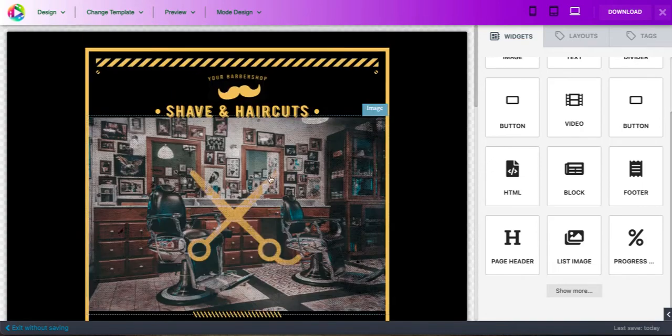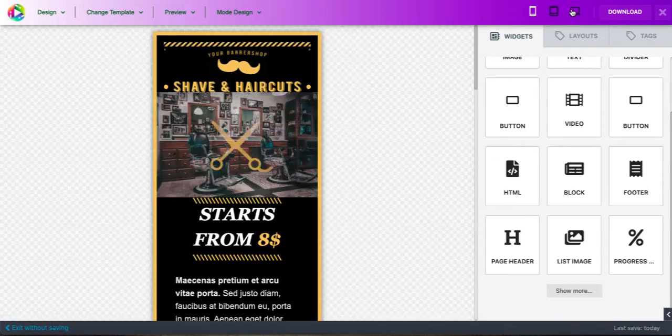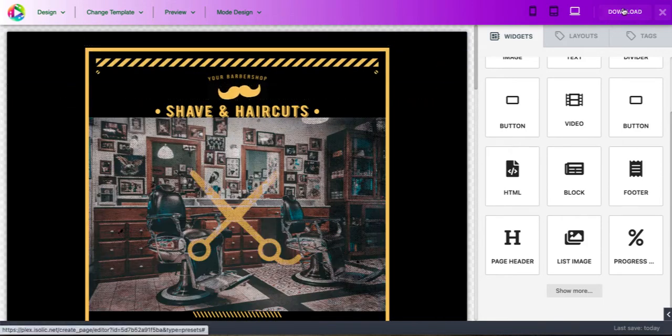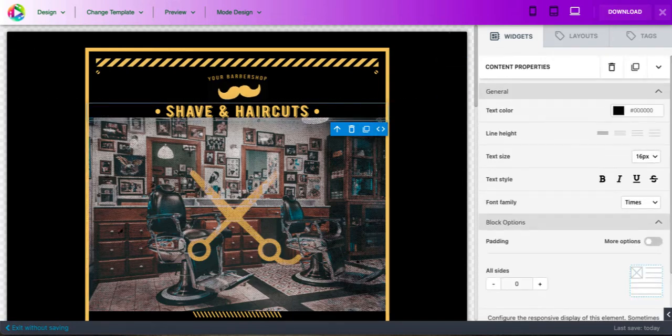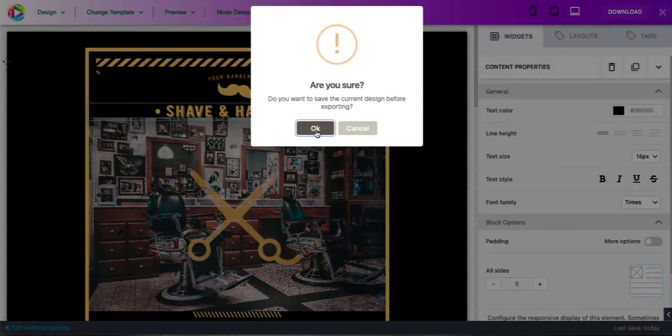So this is the actual page builder itself. If I just go back here, you can do a couple of things here. You can obviously have different views in mobile, etc., which is good. There's nothing really wrong with that. But you can download this page that you actually make. And the idea is that you would download this